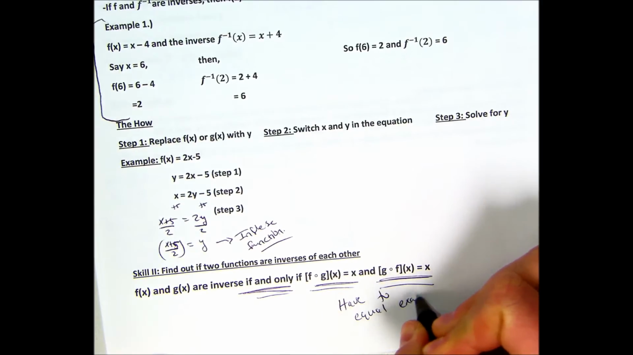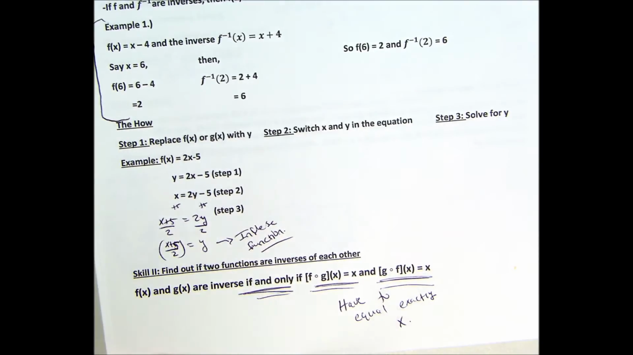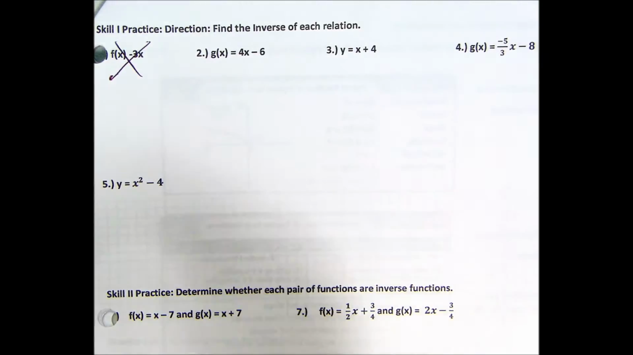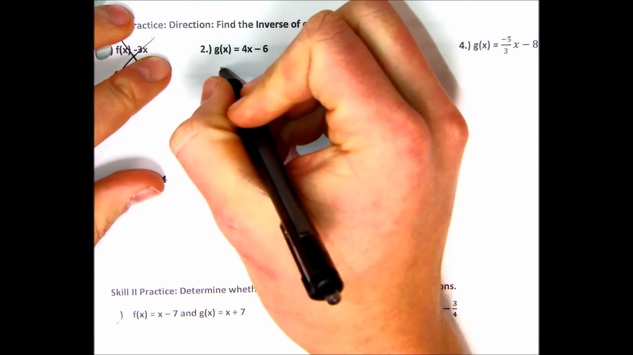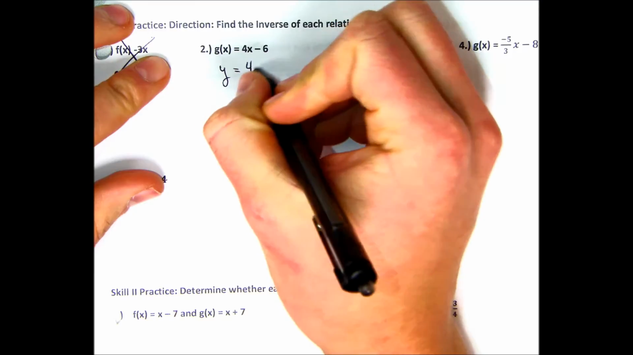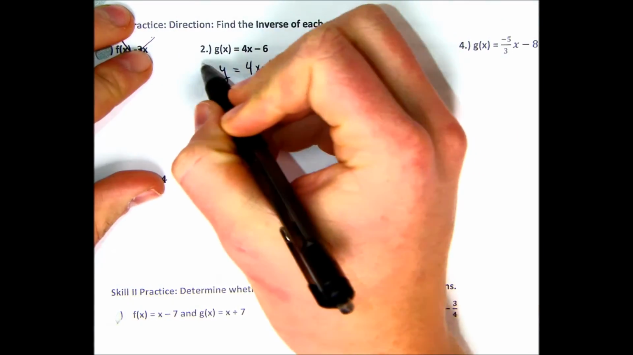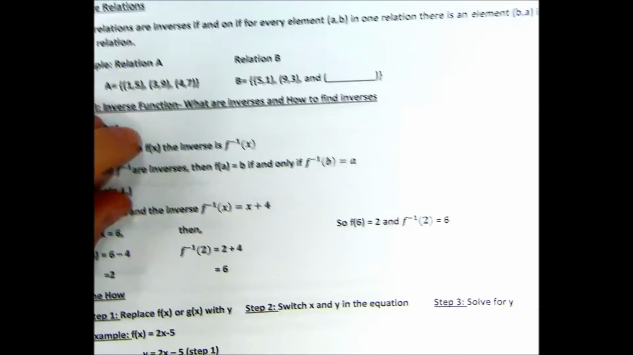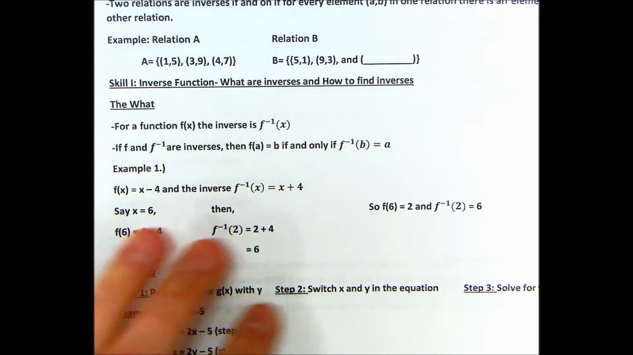Alright? If you flip the page, I'll give you a couple of practice examples to find the inverse of each other. 7-2 is skills practice number 1. First step, change g of x to y. So we have y equals 4x minus 6. That's the first step that it has on the page right here, the last page, the how. Then we're going to change